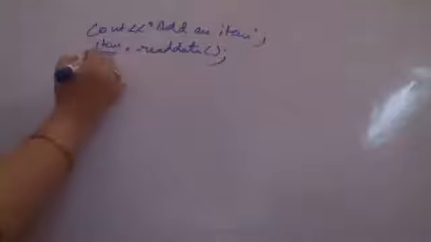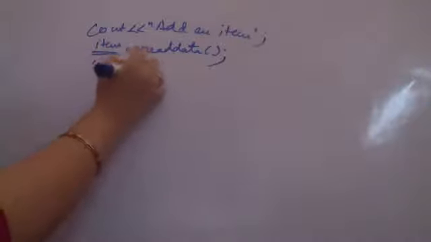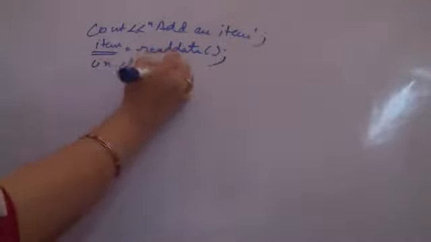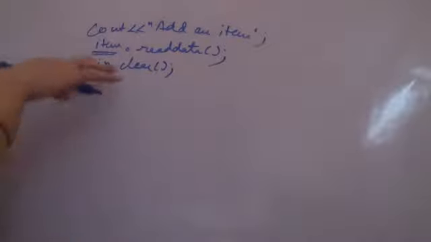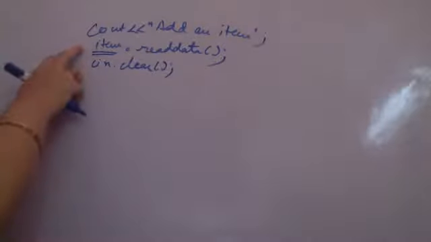Now either you can use scene dot clear to flush the stream so that whatever extra data is there, it is better to use scene dot clear so that the extra keys pressed in the input stream from the keyboard are cleared. Now I am using file dot write. Now that I have taken the new data, I have to write it in the file.